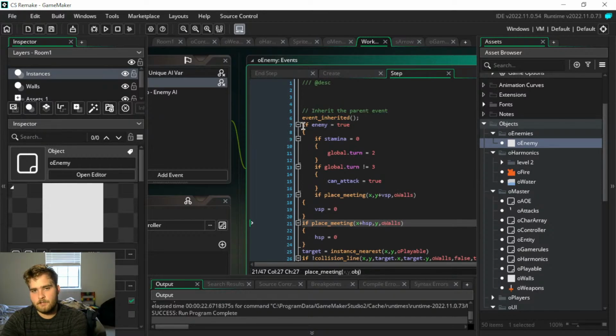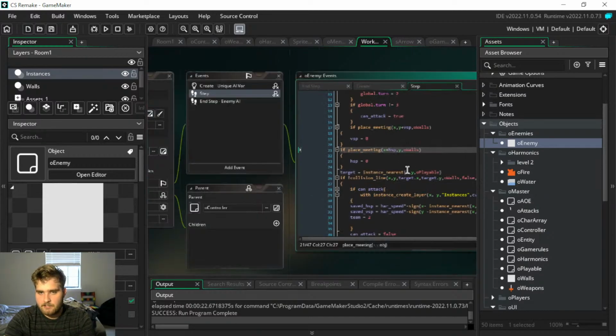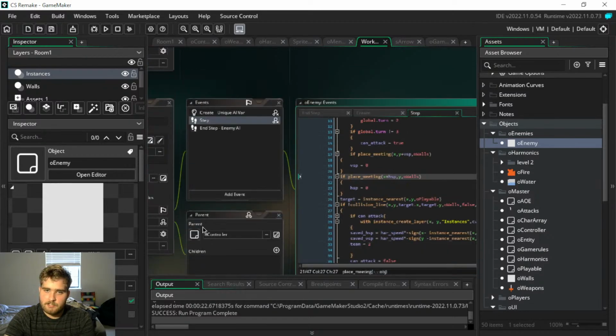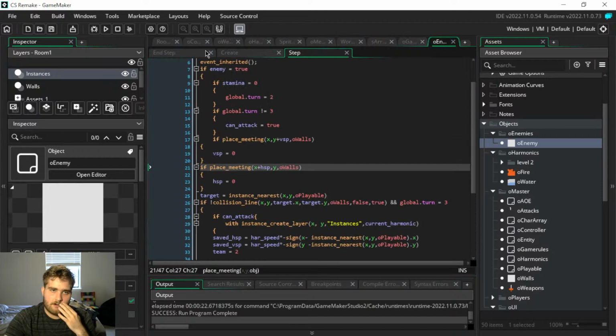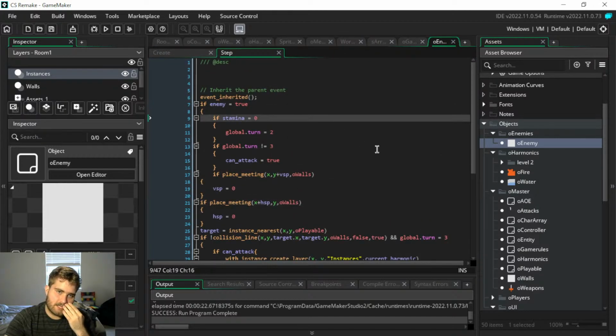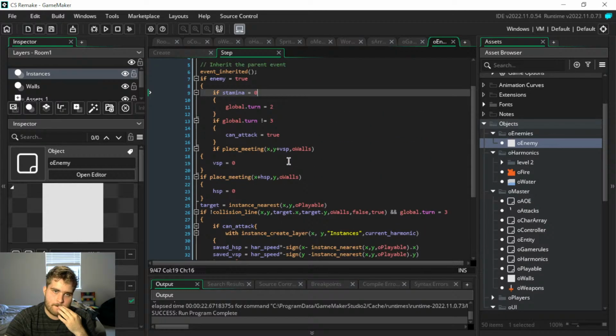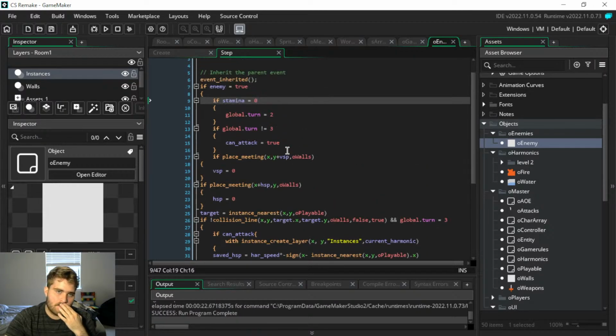So what we're also going to do is I like to keep the enemy variable and all that. So what we're going to go ahead and do here is take this, and first let's remove the end step of that. So if enemy equals true, stamina equals 0. Alright, so